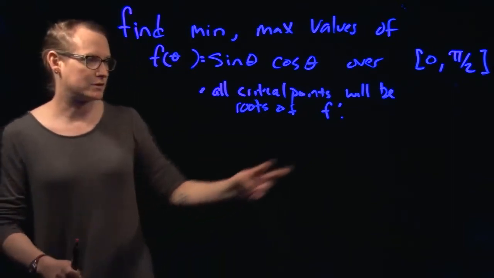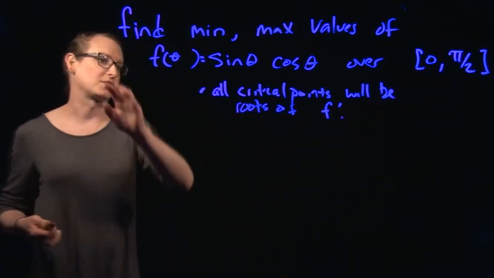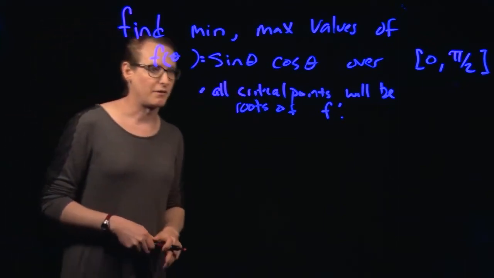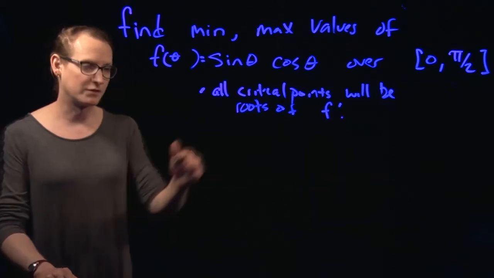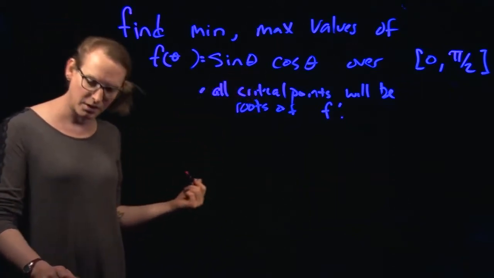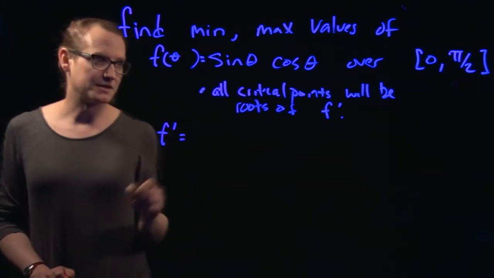So we have the two endpoints of our interval, and we also need to find the critical points, all of which will be roots of f prime. So we need to find f prime. So let's take the derivative. We've got the product of two functions right here. So the product rule. So f prime is equal to